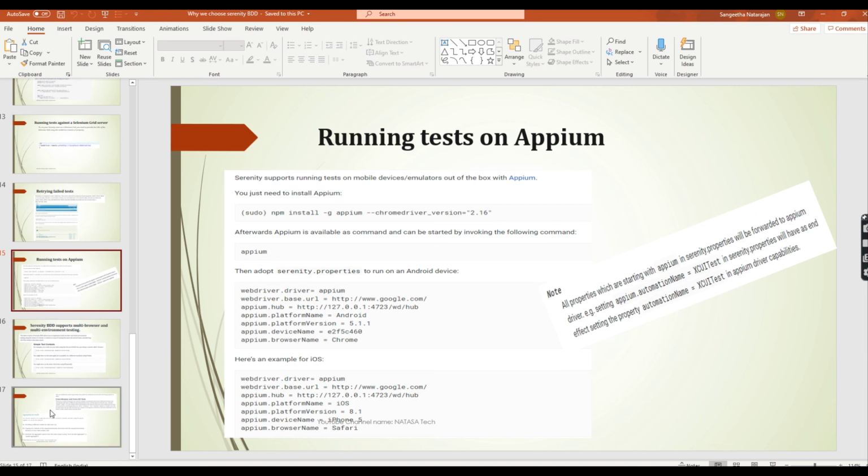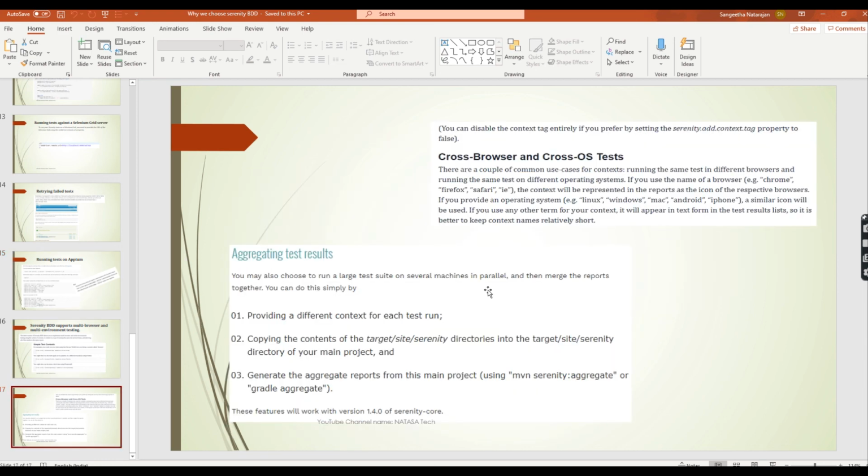It also supports cross-browser and cross-OS testing. It is very useful, because in that case we can check compatibility testing, correct? Here we can run different browsers like Safari, Chrome, Firefox, Internet Explorer, and we can test on different OS like Windows 10, 7, Mac, everything. So this kind of facility is provided by Serenity.